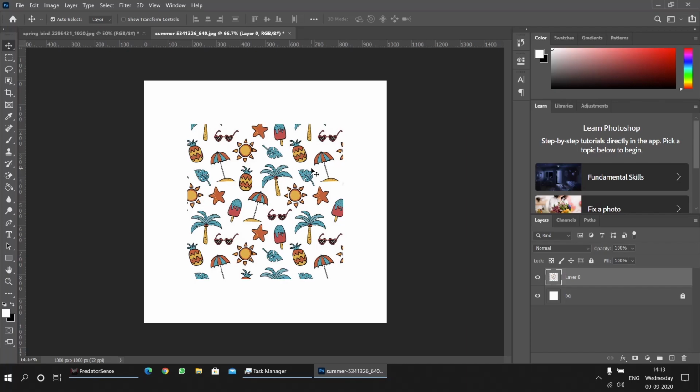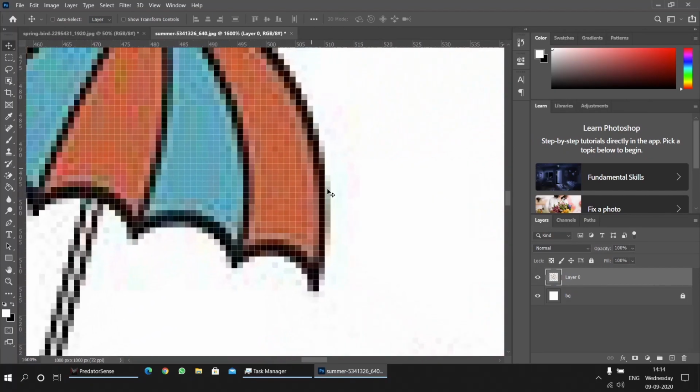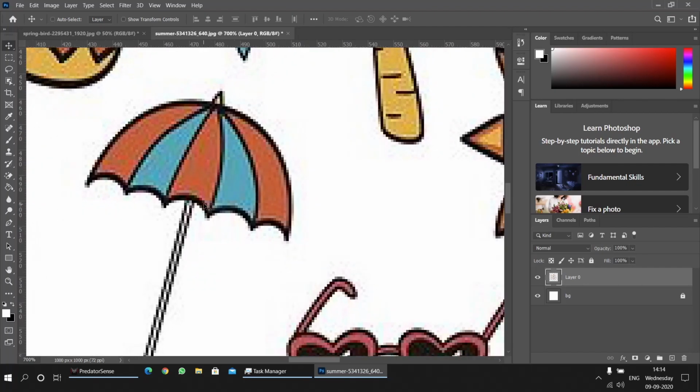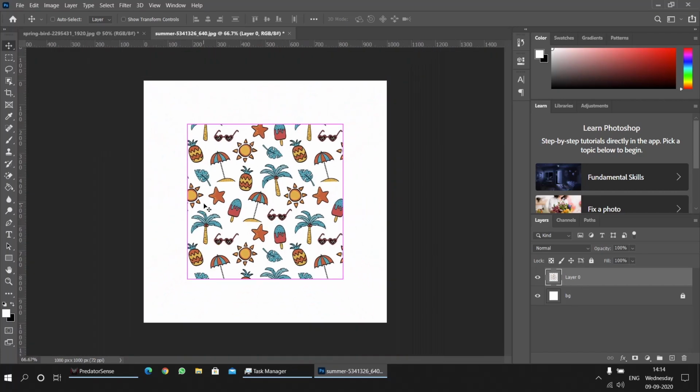into Photoshop. Actually, whenever we work with images in Photoshop, it is a raster image. This means that the image is made up of square pixels arranged together. Let me zoom in and show you. You see, when we zoom in, we can see that the image is made up of various square pixels arranged together. What this means is an image is made up of a definite number of pixels. So, a raster image is not scalable.